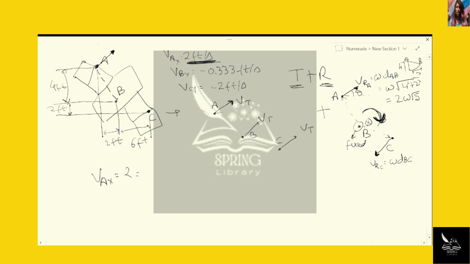So this is the magnitude, and along what angle are we looking? We want to find out the x component. So we are looking at this theta. If this is theta, then this is 90 minus theta. And since this line is parallel, this angle is also going to be theta. So if we look at this right angle triangle,